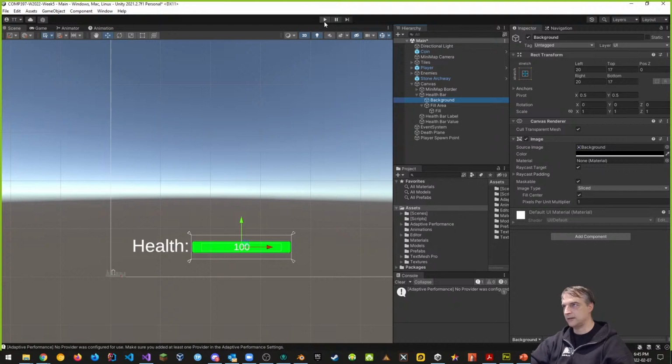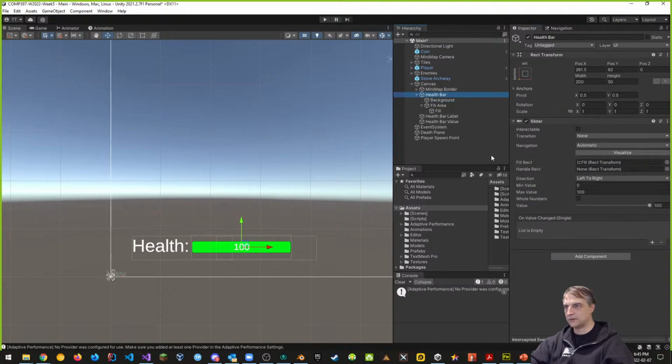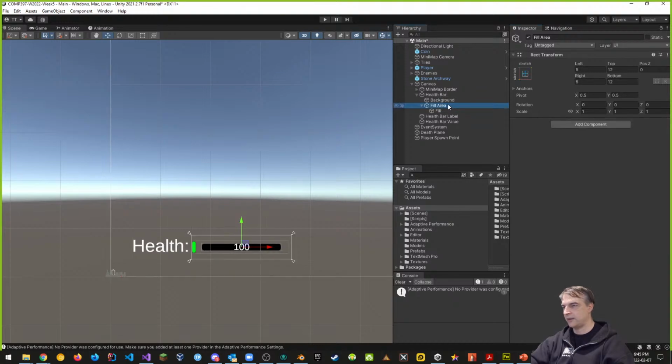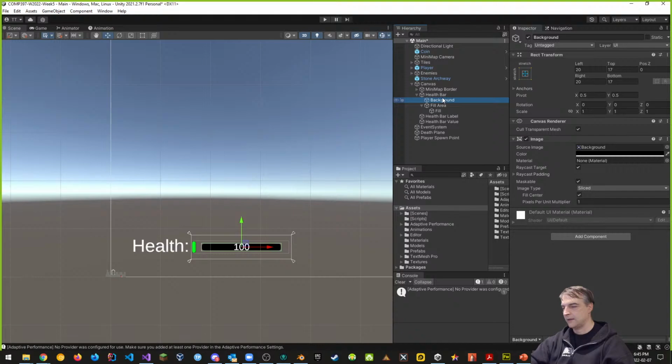And then the idea is that when the health bar works, if I drag this here, it's going to show a total black background in the background. So the health bar itself, which is the fill area, and then the background. A way to combat this, because the background is exactly like the fill area but just black, is to get rid of the background and add it back in. So let's do that. We'll get rid of the background,